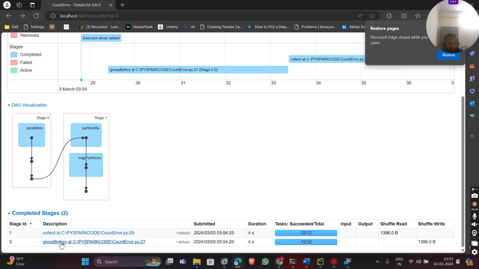If I come here, stage 0, where we are trying to load our data, we have 12 partition tasks. Why? Because our data set is small, maybe some 1 MB of data. That's why, when you have data less than 200 MB,